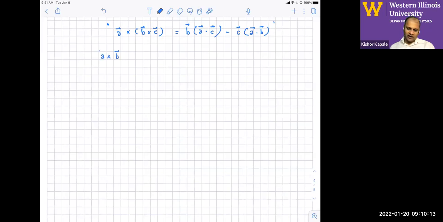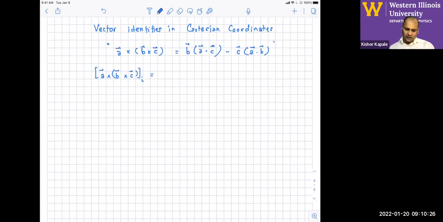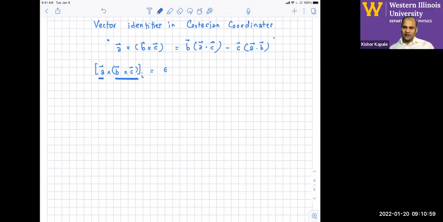Because the quantity that I'm trying to evaluate is a vector quantity, I might as well just look at one component of it. And if I can find one component, I can find all the other components, right? So that's the idea. And the way you write down the cross product is, okay, we're going to first take this vector and that vector. Okay, and so the cross product is going to be epsilon. Remember, the cross product you know already has a determinant form, and the determinants have some connection with the Levi-Civita antisymmetric tensor. And so we're just going to use that connection to write down the cross product in terms of the